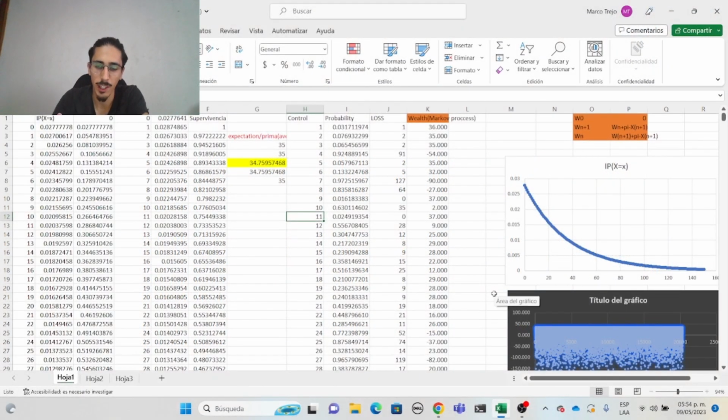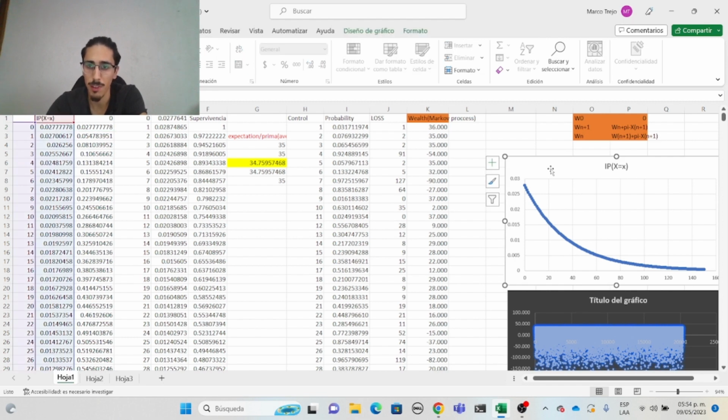Well, once the introduction and some theory are explained, now we are going to move on to the calculations with Excel. First, to simulate this model, we use the geometric distribution. This is a mass function, and we use it to obtain the amount of money we will lose until the first three same numbers of the dice appear. And here we have the accumulated mass function.